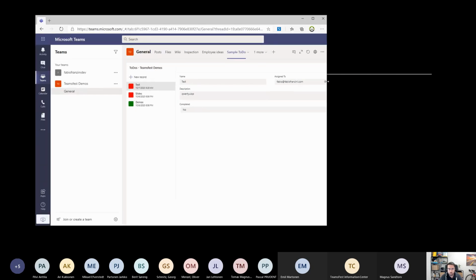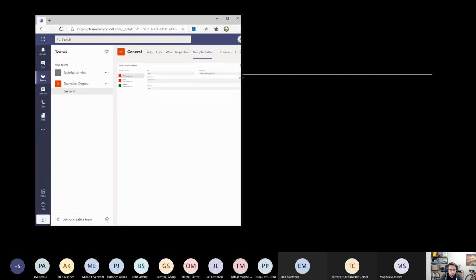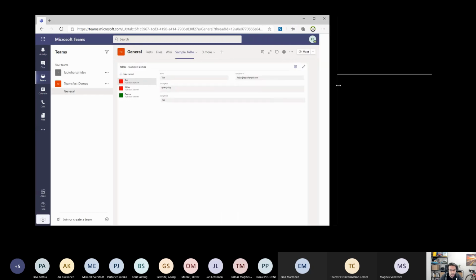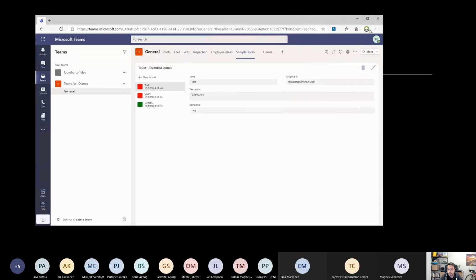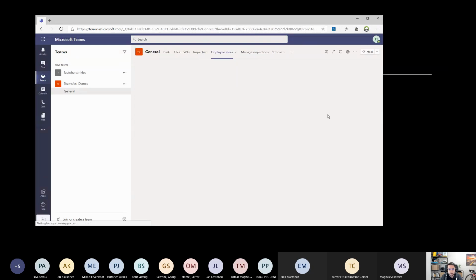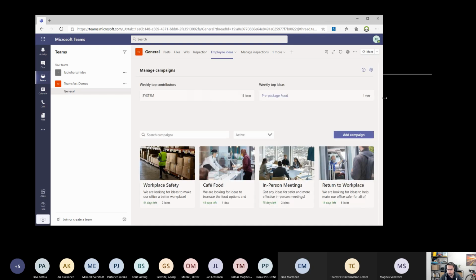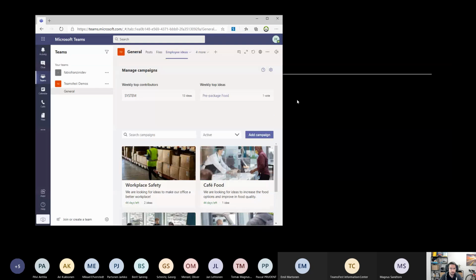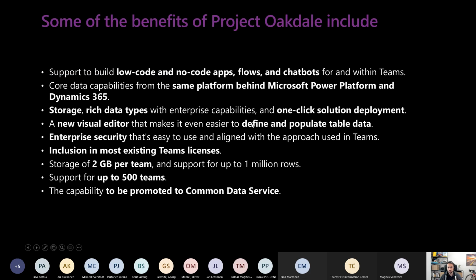No, I don't know. I think there are some problems because this application just scaled the UI. I think that I modified something in the configuration, but again, if I switch on employee ideas, you are able to see that the UI is responsive. Okay, just go back to the slides.